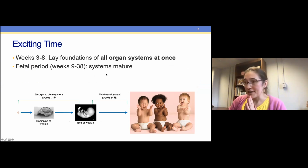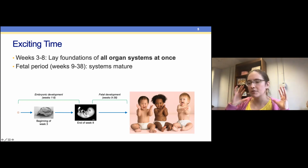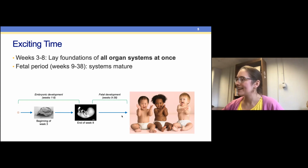Then for some foreshadowing, going from here, we've made it from fertilization, forming a zygote, 1 single cell, up to forming a trilaminar disc here at week 3. From weeks 3 through week 8, this is like the most extreme multitasking you've ever done. You lay the foundations for all of your organ systems at once. Nervous system, cardiovascular, respiratory, reproductive, everything. You start building everything at once, so that at the end of week 8,